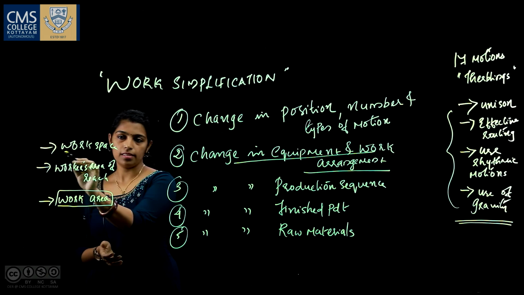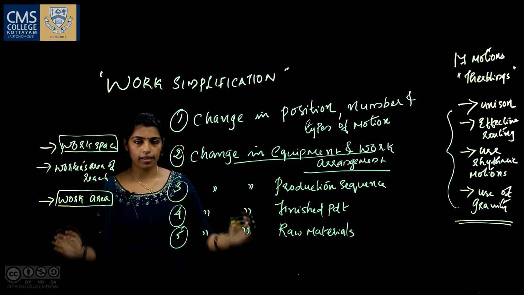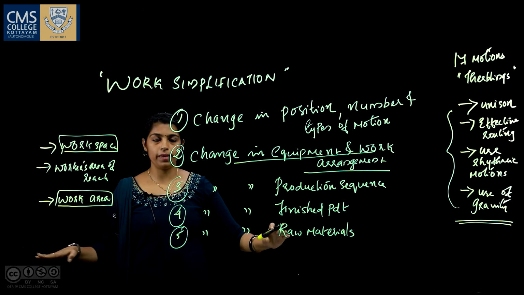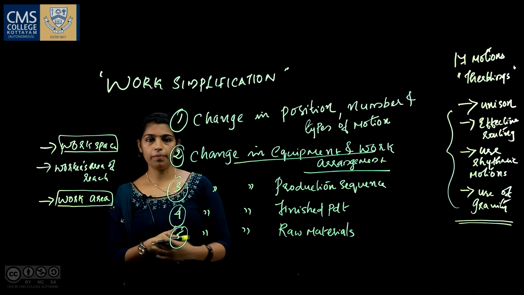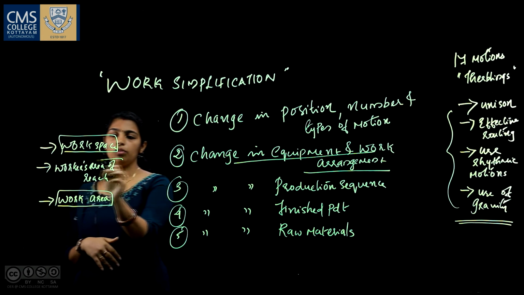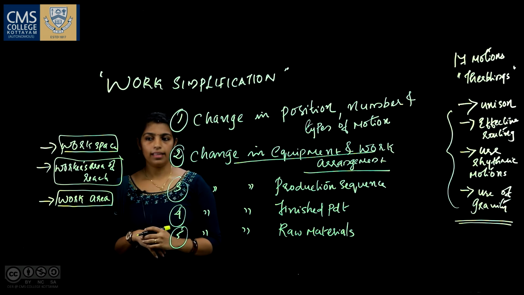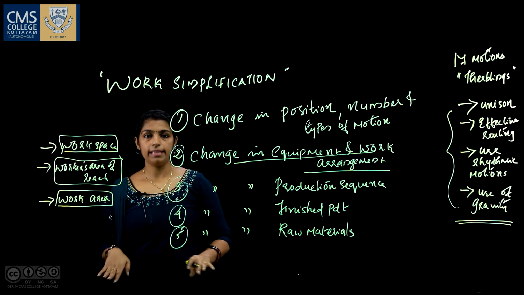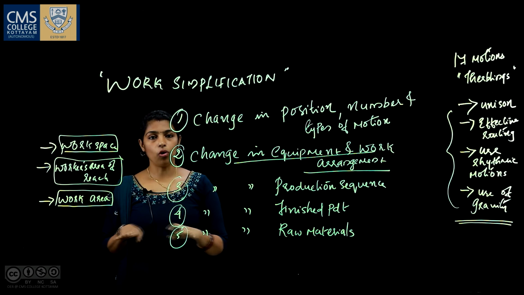Regarding the workspace, it should be such that all the activities to be carried out in a single task should have enough space so that extra walking or motion can be minimized. Regarding the worker's area of reach, which is very much important, the height of the workspace should be up to the waistline of the person who is carrying out the work, and that is the normal area.